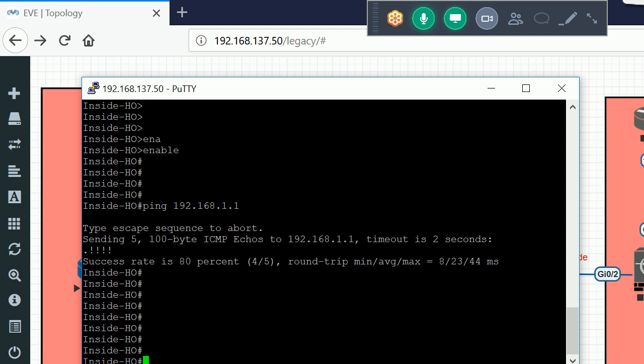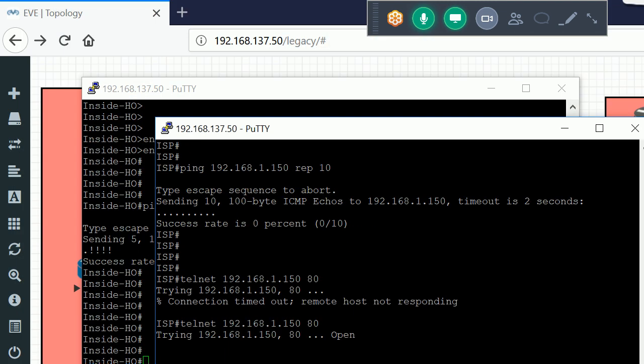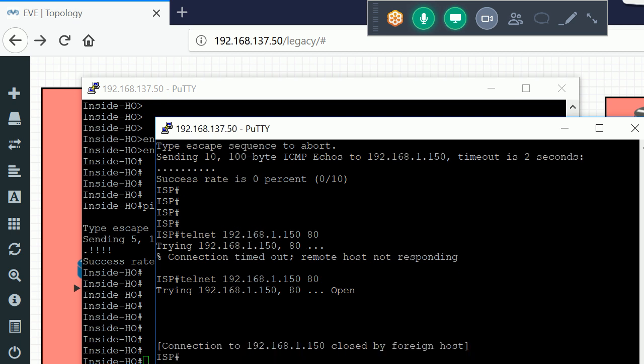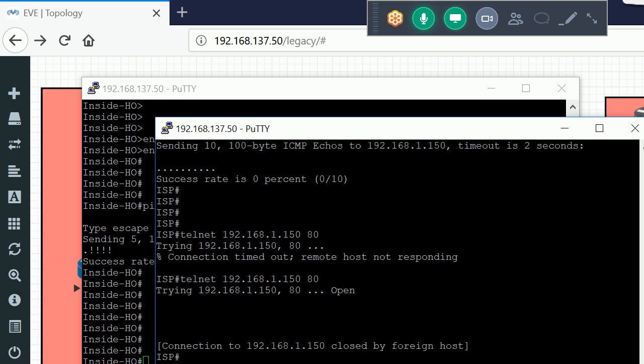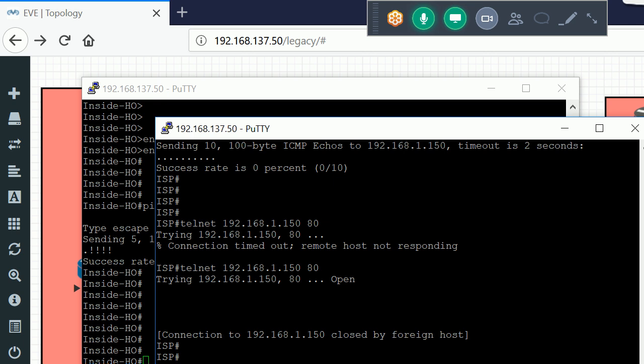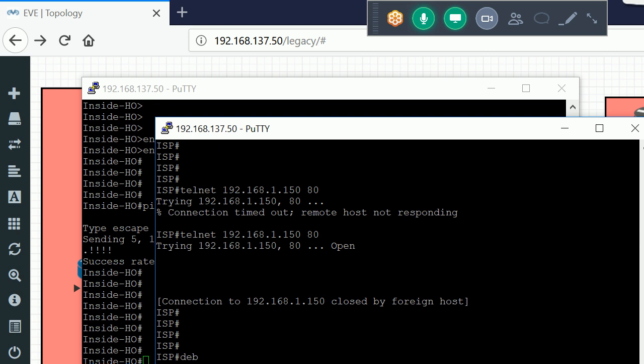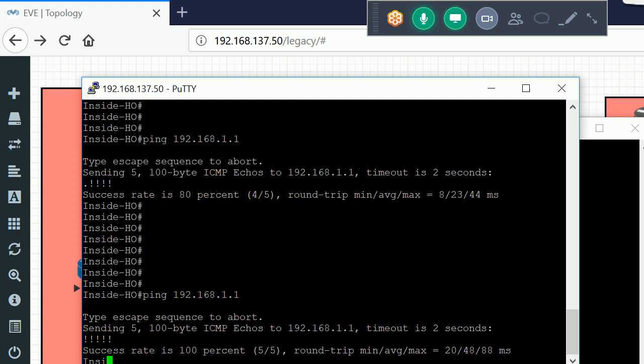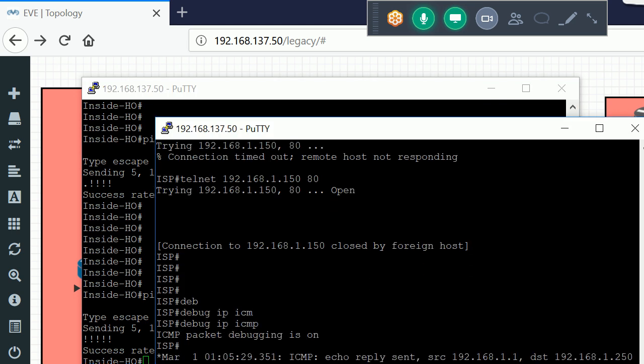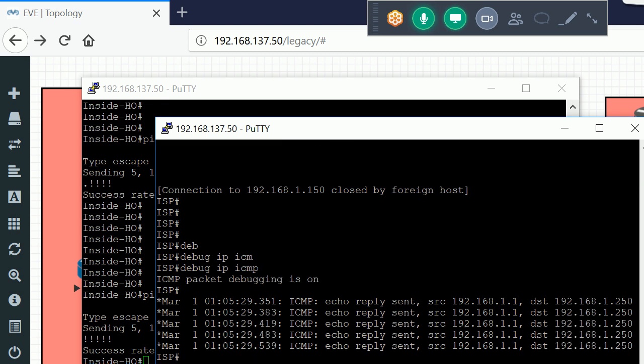And if I go to my ISP, this is my ISP, let me just start the debug ip icmp. So it is PATting on an IP address 192.168.1.250, which is the ASA outside interface IP address. Okay. So that is the way to configure PAT by using manual NAT.